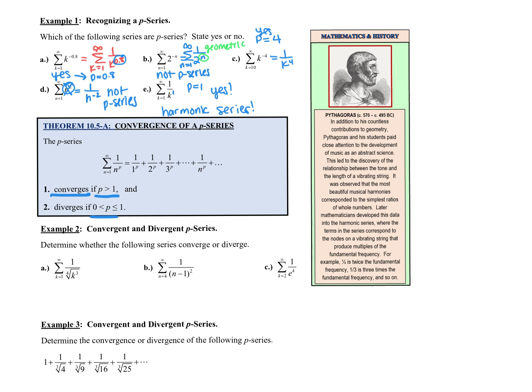If p is between 0 and 1 or equal to 1, then we diverge. And remember, p has to be positive, right? So if p is negative, then it's not a p-series. So p less than 0, not a p-series. So that would not work. Okay,